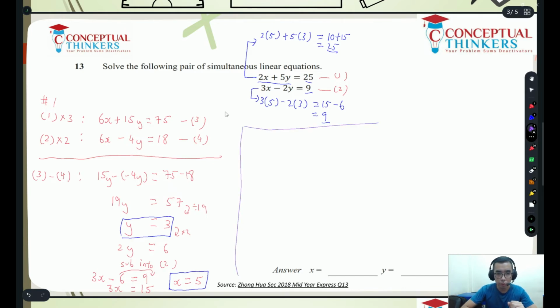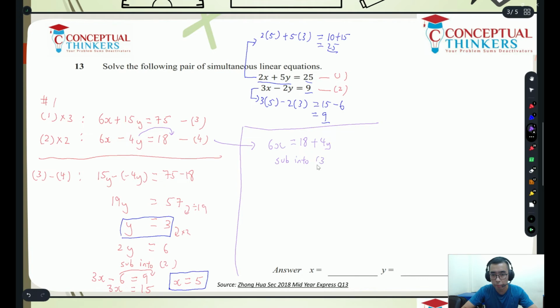So if you look at my equation 4, now I'm going to do something to this. I'm going to shift this minus 4y over to the right side. So I'm going to get 6x is equal to 18 plus 4y. Now from here, instead of doing my elimination method, I'm going to do my substitution method. So I'm going to sub this into